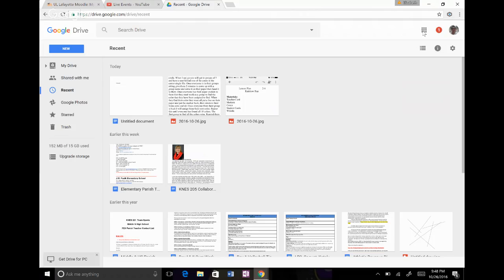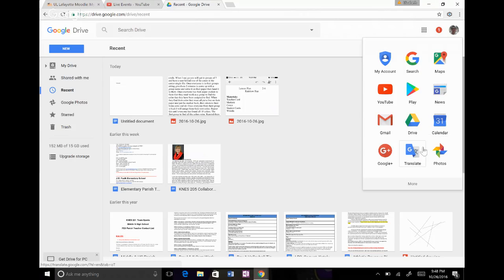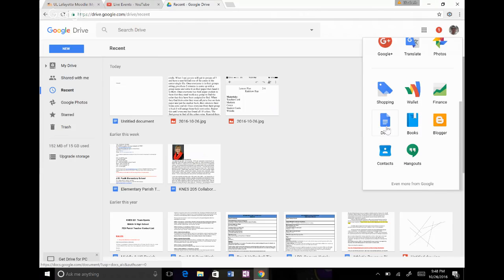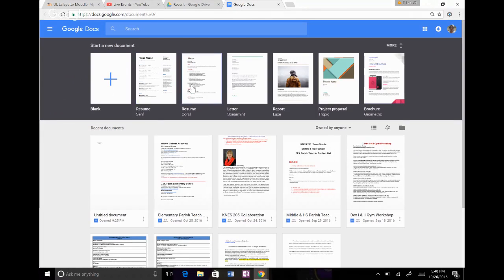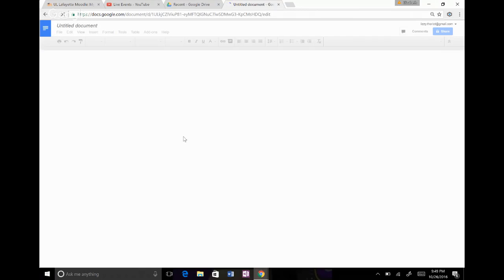And then to get to Docs, you just come back to your apps page and click more, and Docs is right here. When you open it up, there's a blank document or templates for you to use to create documents. It's kind of like Microsoft Word. And then right here are all your recent documents. So you can go to a document or you can create a new document